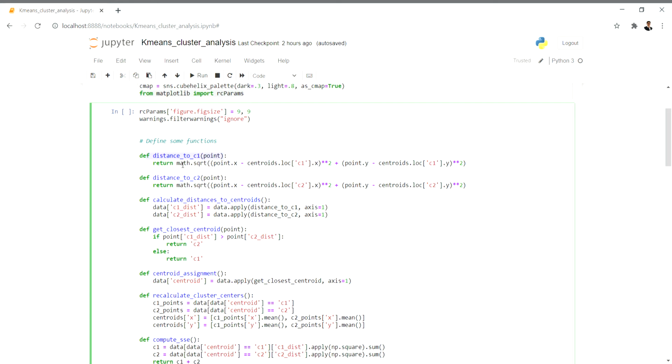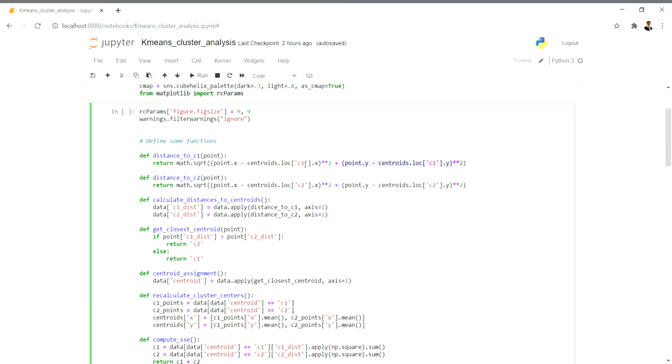I am returning math dot square root of point dot x minus centroids location C1 dot x. The expression you can see on the left hand side is nothing but the Euclidean distance, that is square root of (x1 minus x) whole square plus (y1 minus y) whole square.